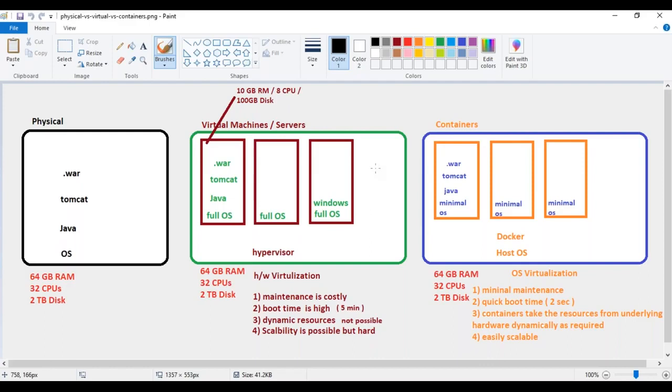Now team, try to understand, it's very clear. When you shut down a machine, the operating system goes down. When it starts back, it has to initialize the full operating system, which means all the operating system libraries have to be started. Operating system services need to be started first, then your Java or Tomcat starts, then your application loads into the Tomcat server, and then you finally will be able to access it.